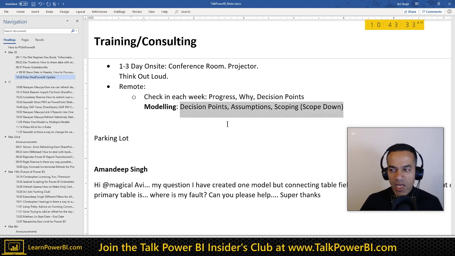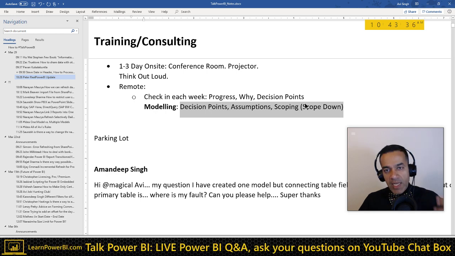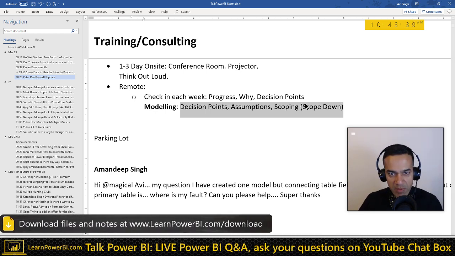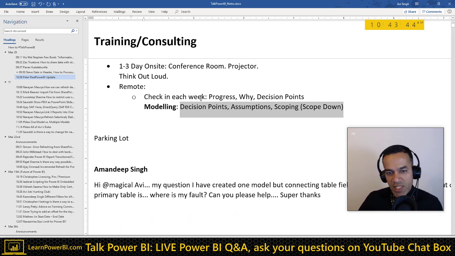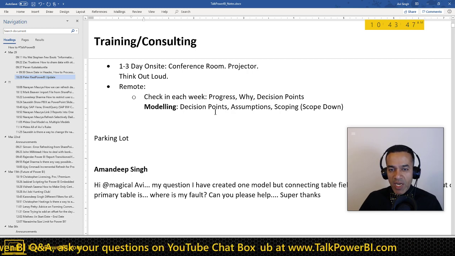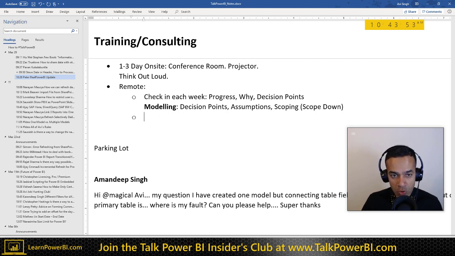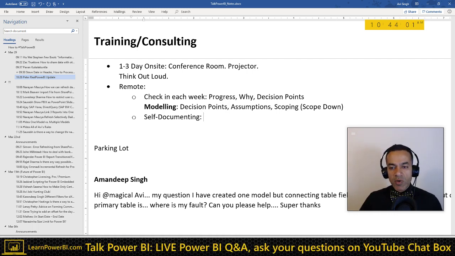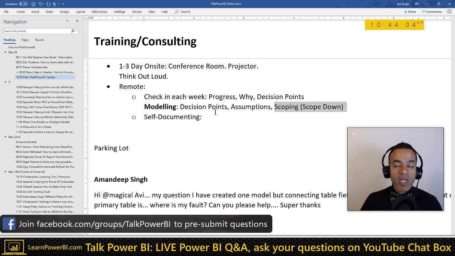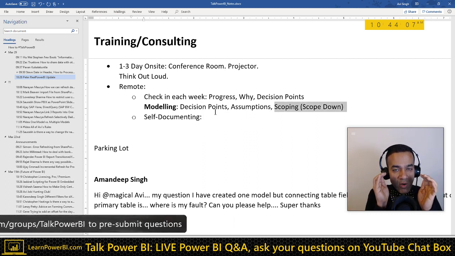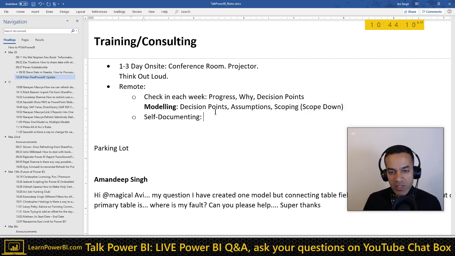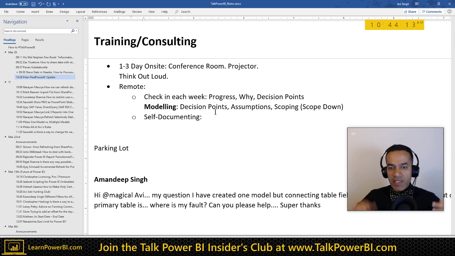And besides that, of course, in your model, you can say, hey, we pulled the data in, we cleaned it up in the query editor. Show them some key steps in the query editor, and say, hey, this is what we did, this is what we needed to do, and this is what it looks like. Obviously, you're not going to have that much time here, so the training is going to be kind of compact. Another thing you can do and communicate, and again, be practical, because for real Power BI, you have limited time. That's why, frankly, the scope is really important. It's really important that you keep the scope nice and tight, because it's about delivering something rather than solving all of the problems.